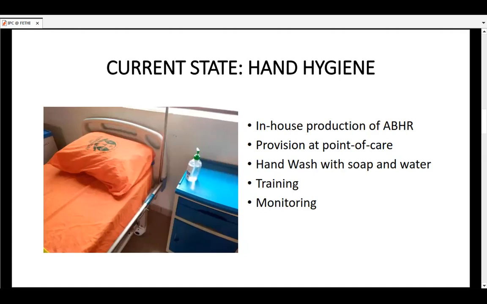For the use of soap and water, apart from the sinks available on the wards, some have been complemented with Veronica buckets and pedal control buckets, especially in high-risk areas. For example, our neonatal unit, NICU, has improved.